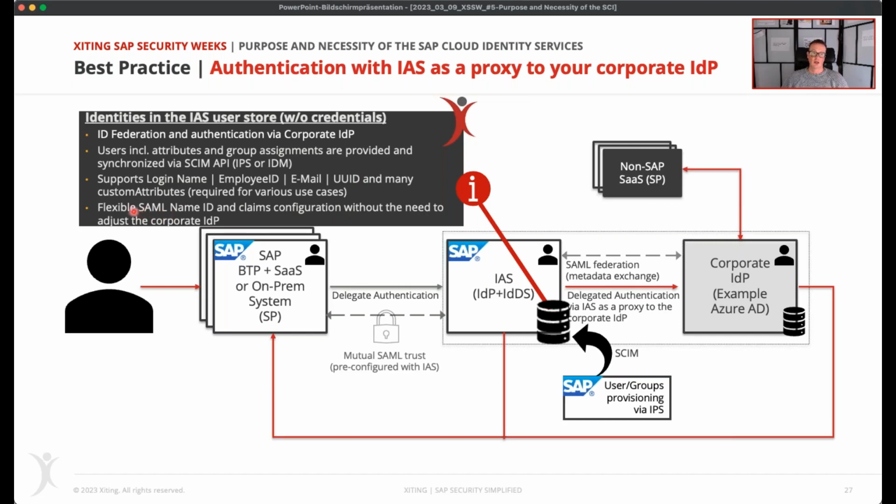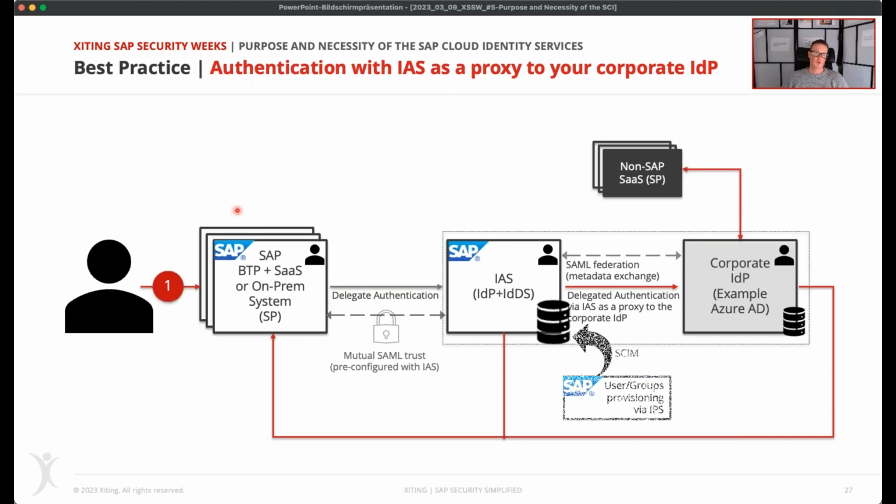In addition to that, you can have a flexible configuration of your SAML name ID and maybe the claims, the group claims or additional assertion attributes that you want to send to the application, being completely independent from the corporate IDP. So you don't have to worry about all these trusts and all these settings and create an enterprise application for each single SAP software application. That's no longer recommended. That's the idea, to have the identity authentication service in proxy mode with a full feature set.